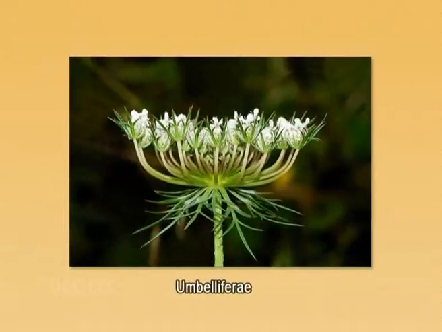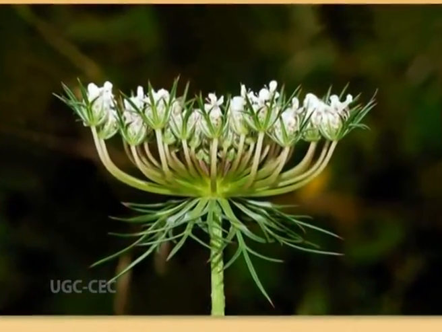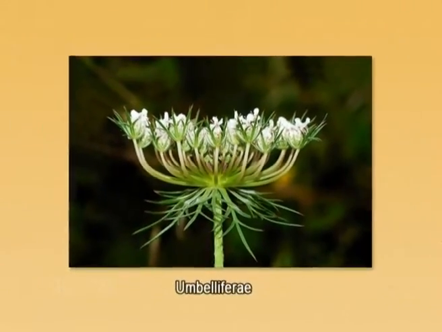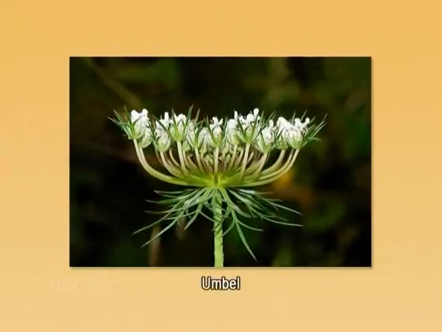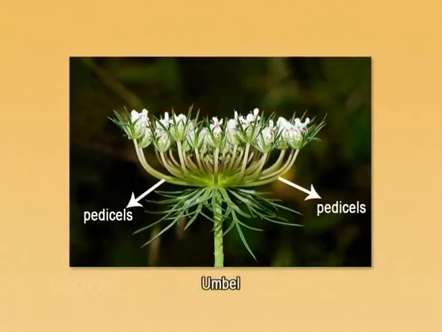However, at the same time, Umbelliferae, that is the previous name, was also retained as family name due to its wide usage. This previous name, that is the Umbelliferae, is basically derived from its inflorescence, which is generally in the form of a compound umbel. What is this umbel? The term umbel refers to the flat-topped or convex inflorescence with pedicels that are attached at one point. The term umbel has the same root as the common word umbrella.